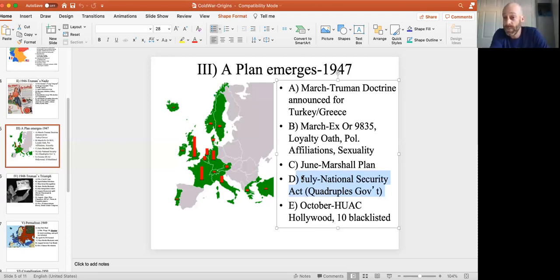And it was thought maybe we'd dismantle it after the war was over, but when this threat of communism came about, it was transferred into the CIA, and Truman said, we need a permanent intelligence service. Not only that, we're going to make another one called the NSA, which is going to be kind of another intelligence service. And so this was going to be a huge crusade. This quadrupled the size of the federal government.